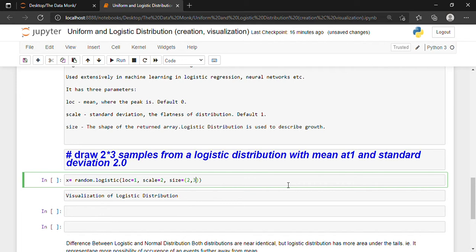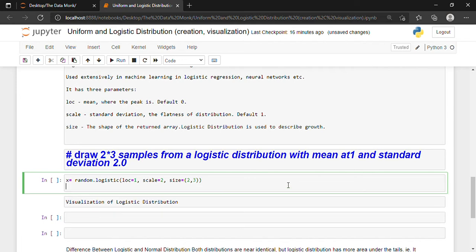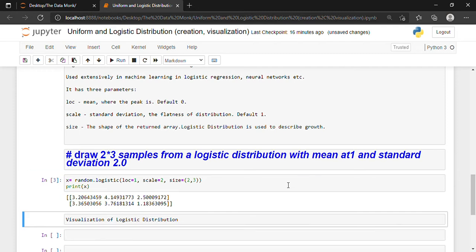Okay, and then print x, shift and enter. So we have successfully, we can see that this is what our x looks like. The mean is 1 and the standard deviation is 2.